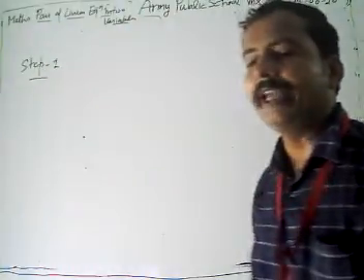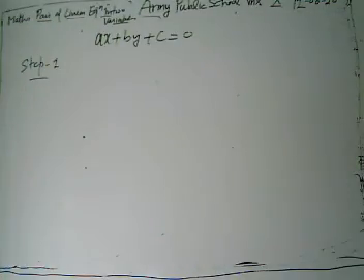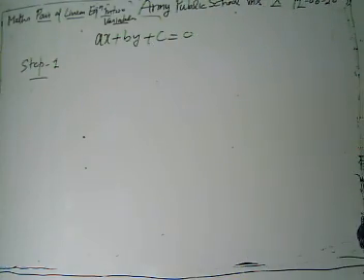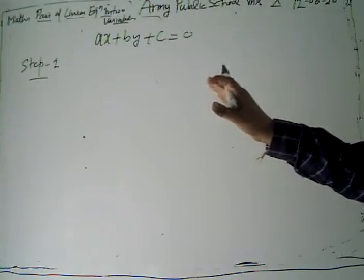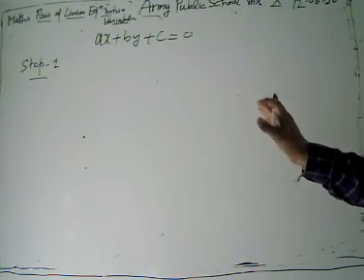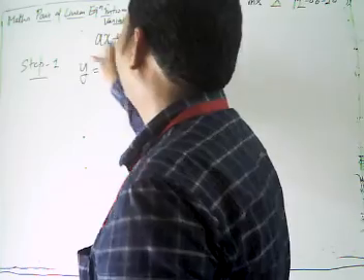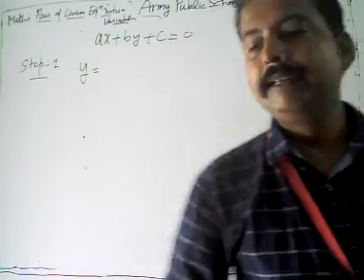First, suppose we have a linear equation given as ax plus by plus c equal to 0. We are just going to discuss one equation. What is our first step? In the first step, we have to express one unknown quantity in terms of the other. There are two variables x and y, so we make one variable dependent and one independent.